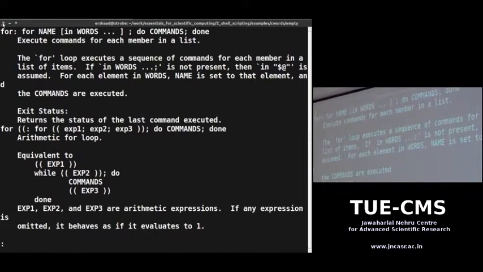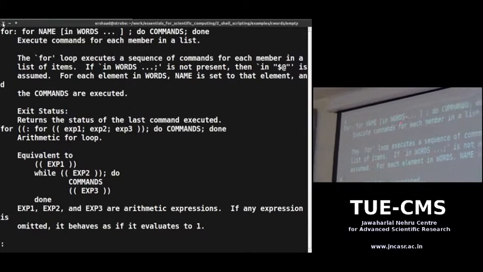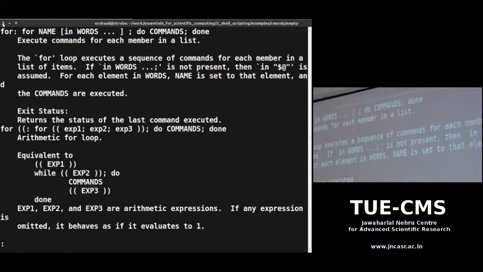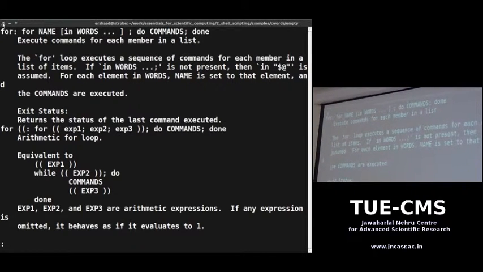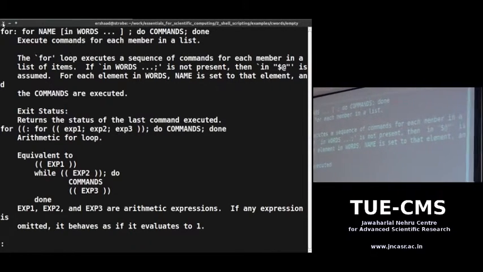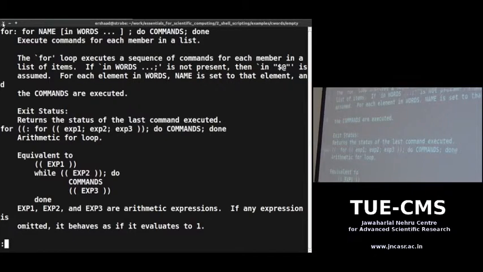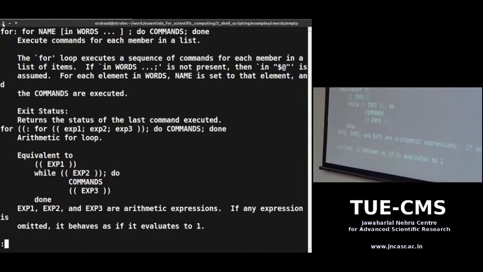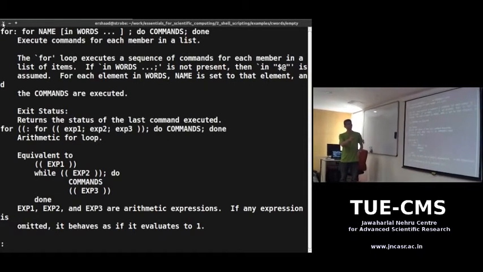When you type the help command, it's going to show you the one-line version of the construct. See here, it says for name in words. We know that. We did for i in sequence 10. Then you have a semicolon, and immediately following the do are the commands. Suppose you had more than one command here. Suppose you wanted to run ls and cd in sequence. In your script, you would just type it one line after the other. Over here, you would just separate them again with semicolons. So if you want to do echo dataset $i, and suppose you want to do echo something else $i, you would just put a semicolon and type the next command.